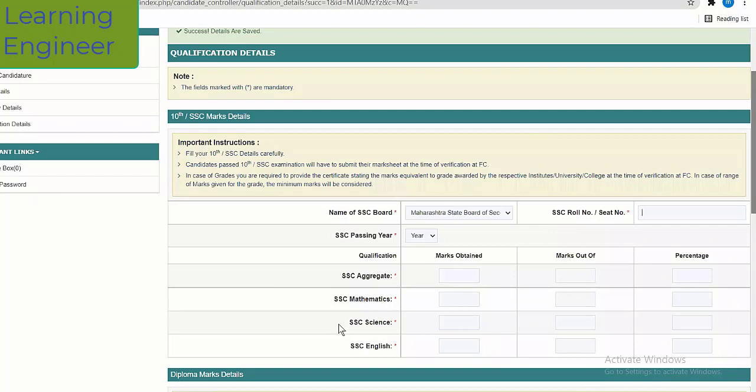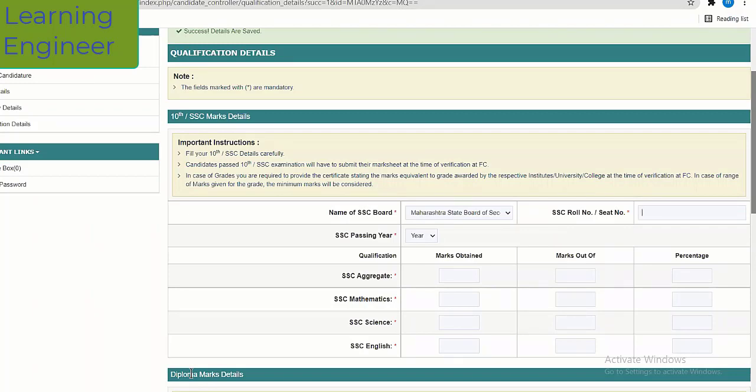Now after this, the next step is to upload your photograph and signature. Then after uploading the photograph and signature, you have to do the payment. Now, after doing the payment, you have to upload all the documents. If you have selected a caste, let us say OBC, then you have to upload the OBC caste certificate and the validation of that certificate, and the non-creamy layer. Everything which comes under that particular caste, you have to upload all those certificates.